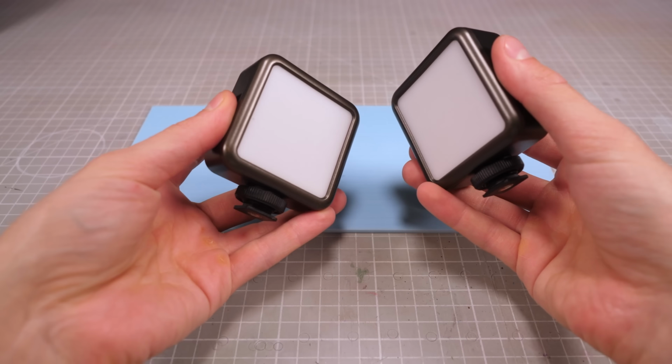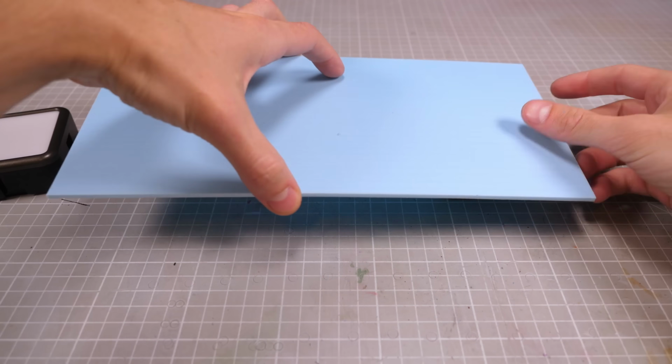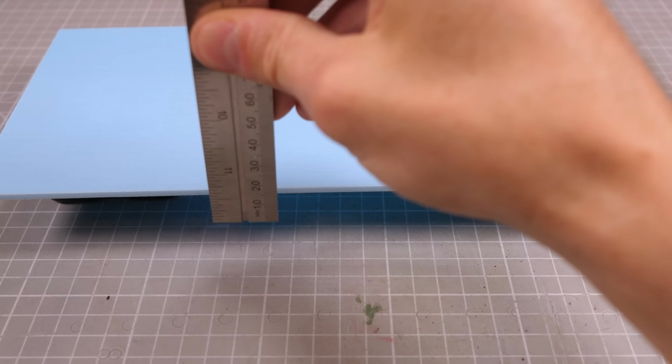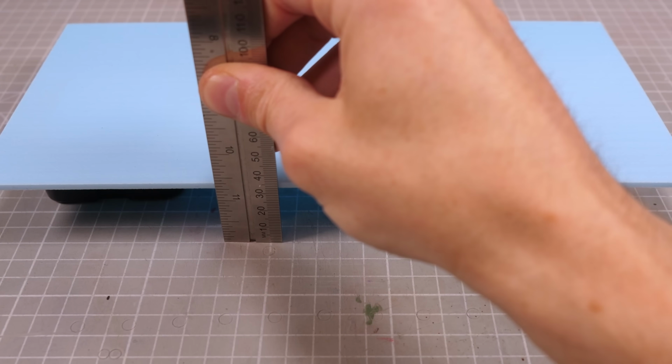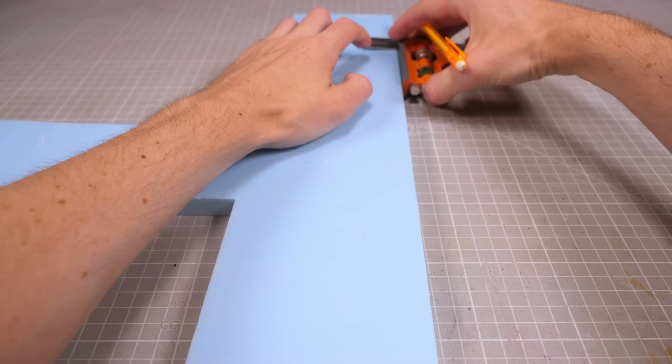I used these lights last week to light up my cloning chamber and they worked such a treat that it really only makes sense to use them again this week. However, they're pretty thick, so I need to figure out how to lift the floor up enough to allow these to slide underneath. I've measured the height of the foam so that I can cut out a few strips to